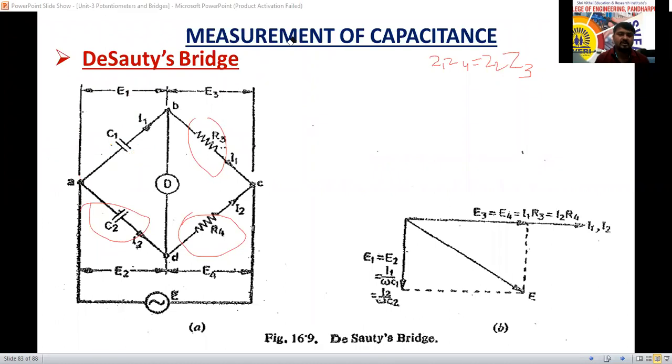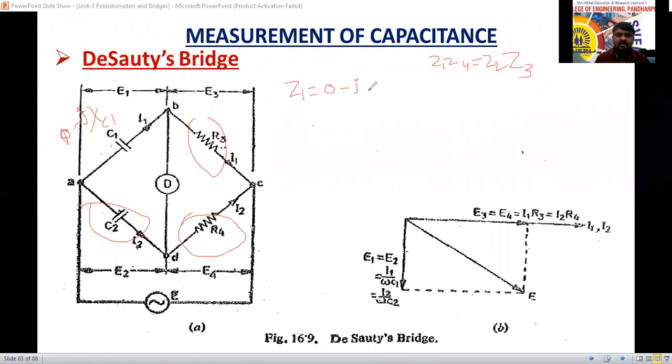The resistance part is 0, so resistance 0 minus JXC1. So Z1 equal to 0, and the capacitor part is there, minus